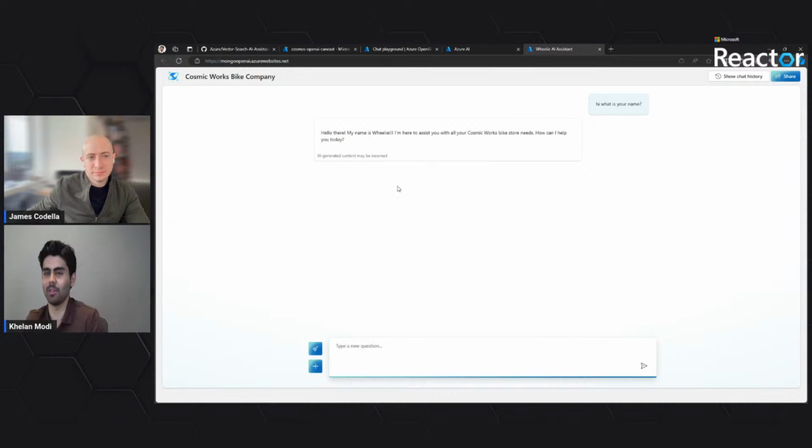Now, this is a chat application that I built without writing a single line of code. And now I want to show you how you can build one with a few lines of code using a Jupyter notebook, and how you can revolutionize the AI-driven advertisement field. So for that, I'm going to switch over to my second demo of the day,